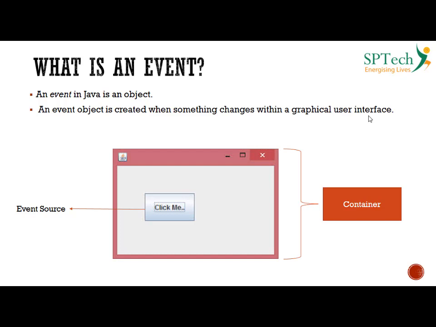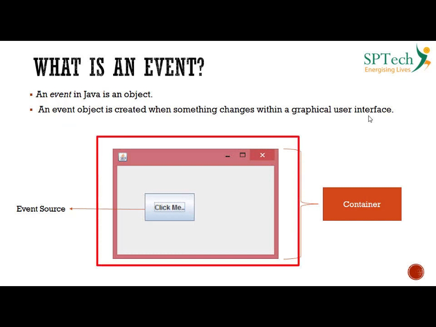So what is an event? Basically, an event in Java is nothing but an object, as simple as it is. And an event object is created when something changes within a graphical user interface. Now you have a GUI interface here which is called a frame. Now you know that the frame is also called a container. Inside this container you have this push button, which is named Click Me.